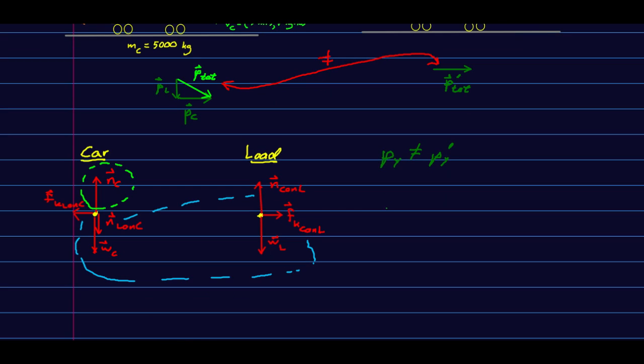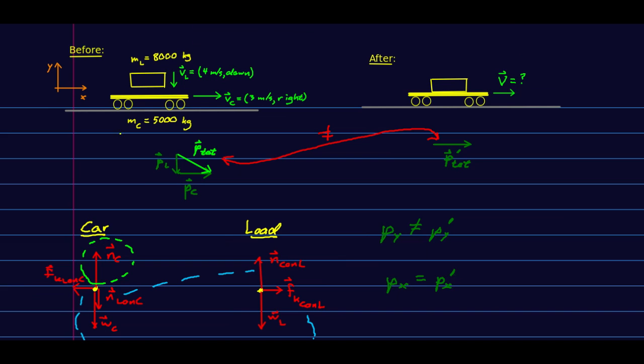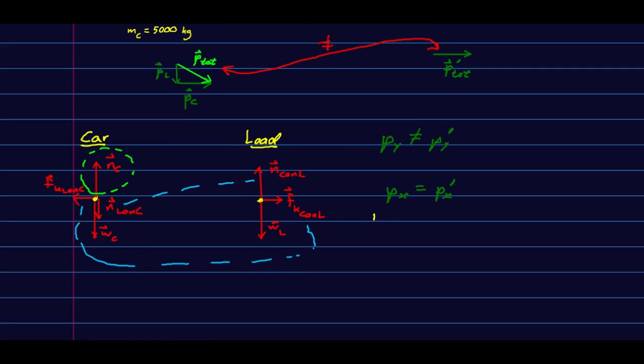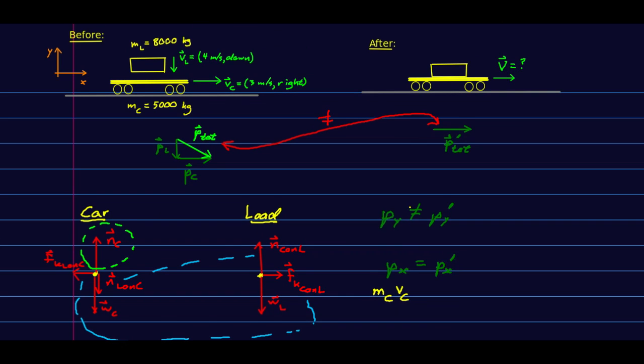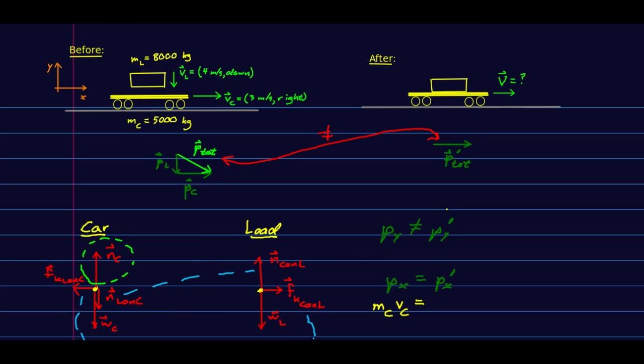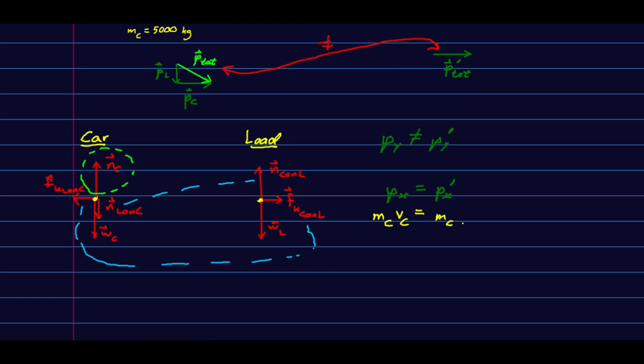We know what the vertical component of velocity is after. It's 0. However, because there are no horizontal forces causing momentum to not be conserved, the horizontal component of the momentum is conserved. And so now we can go ahead and work with that, because all we have initially, only the car is moving horizontally. And so we can say the initial horizontal momentum is m car v car. Simple as that. And then the final, they're moving together at speed capital V, and so it'll be m car plus m load, the total mass, times capital V. And so there we go. Capital V is just m_c v_c over the sum of the masses. And you can now work that out and get a number if you